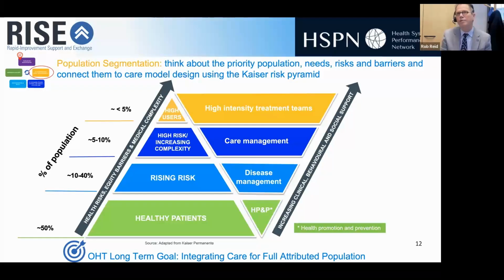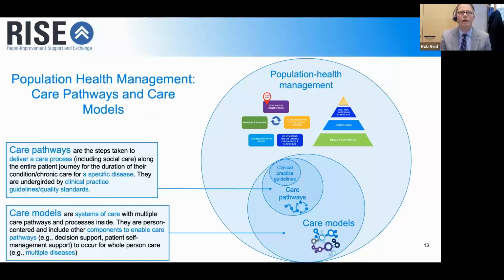Each of the case studies that we present over and over again follow this approach for segmentation, and this is a general framework that you can use for population health management. So let's move on a little bit beyond segmentation to really around care model design, which is the next pathways. It's really then all about co-designing care models, bringing the best evidence to bear, and actually designing care models for particular segments of populations that we serve.